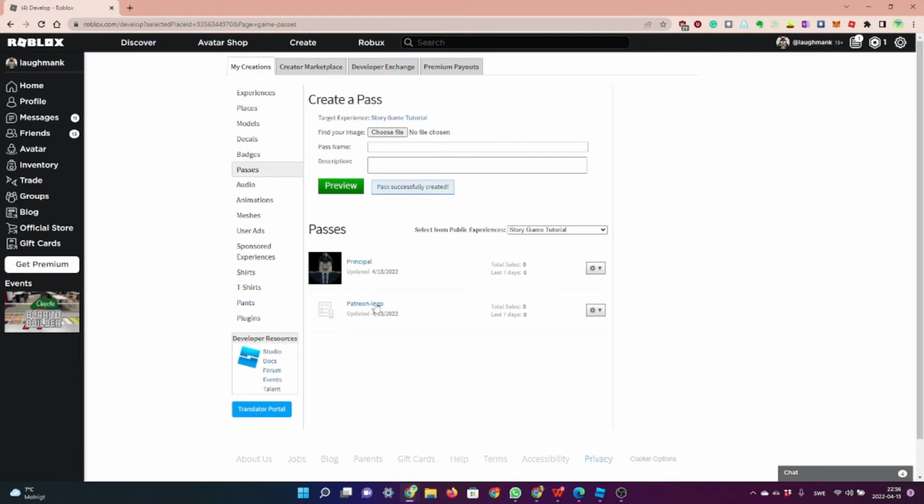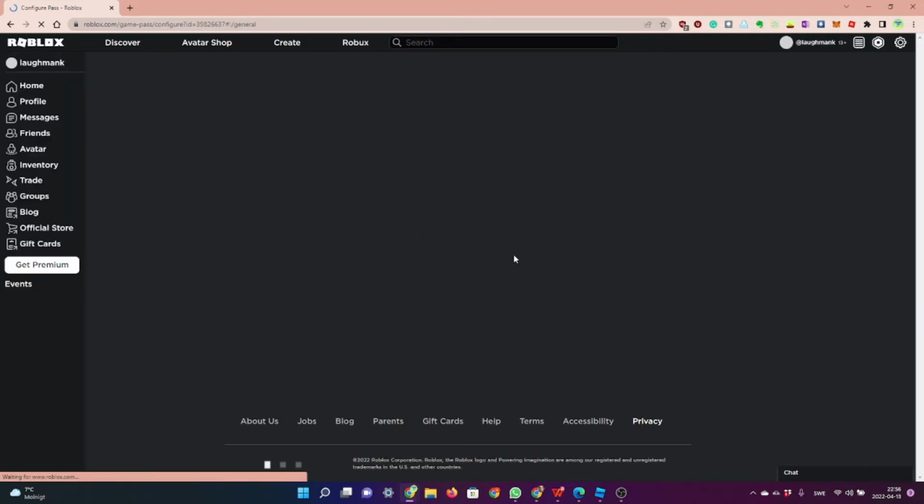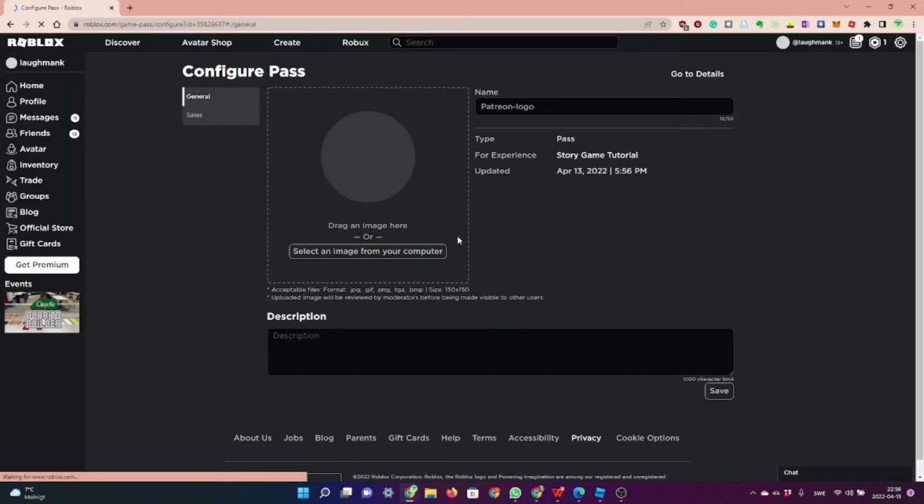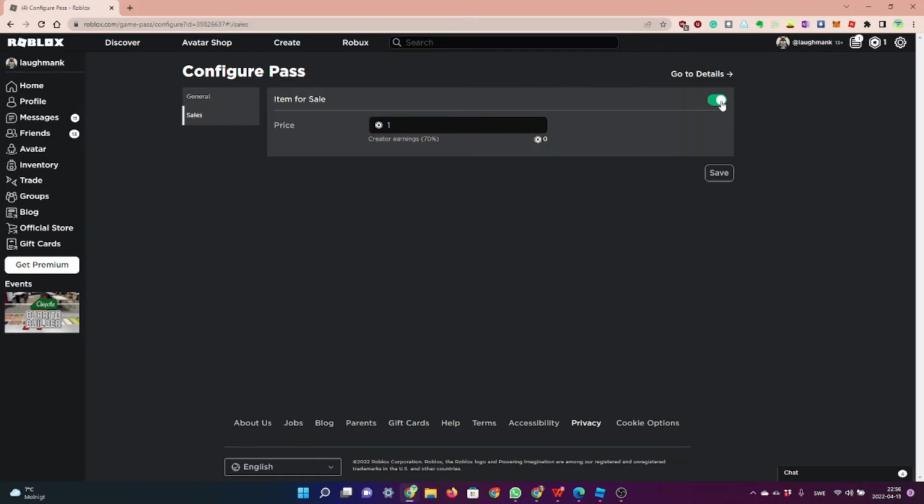So now you have this page. I'm going to configure it, and after you're done with that, you can just change the properties here. But now if you go to sale and check the item for sale, you can list it for how many Robux. So let me just type in a random number, and now if you type 300, for the creator earnings, you will get 70% of this, and the other 30% goes to Roblox. So yeah, now if you hit save,